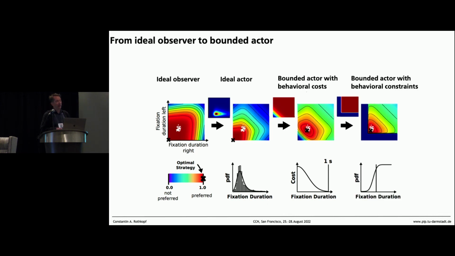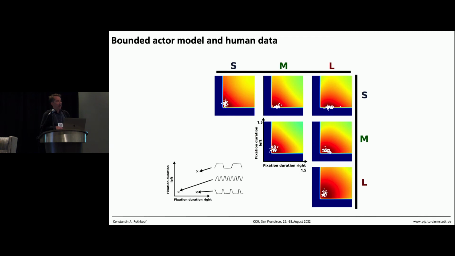Again, we fit this to the data, and already the match is getting much better, and then we have also put in some constraints that are known from literature because it takes a certain time to recognize something when you make a fixation, and then you have to take a decision, and then you have to plan the next saccade. That takes time, and we put that also in the model. It captures the data quite well across subjects, but it's not all, right?